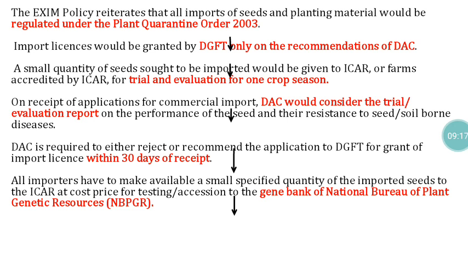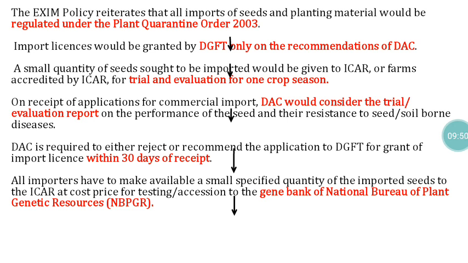Upon receipt of that sample, ICAR will conduct multi-location trials, MLT, for one season at various geographical areas. So at the time of cultivation, they will assess quality traits like yield potential and pest and disease resistance potential at the field level. Even after harvest, for up to 3 months, the material will be kept under observation. Once ICAR is satisfied, only then will they give a recommendation. With that recommendation only,